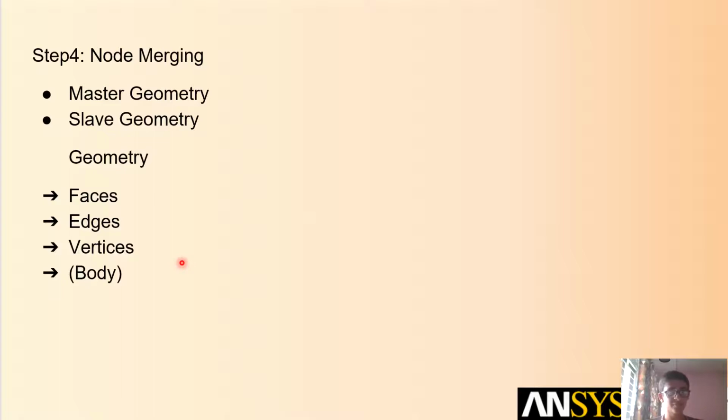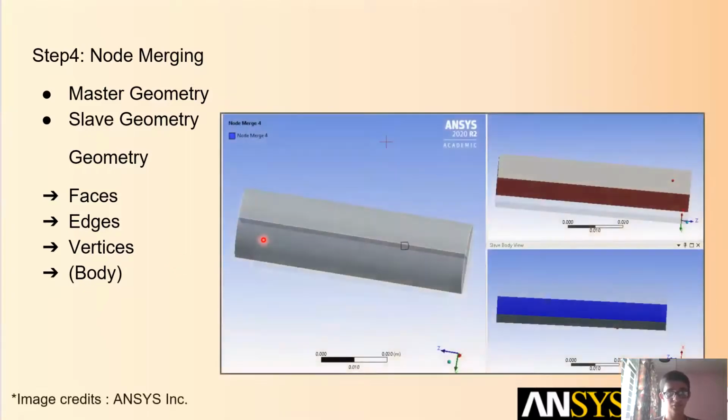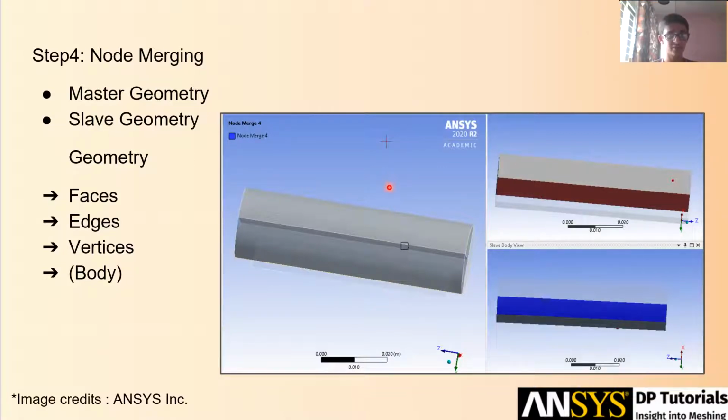Otherwise, what would happen is, if there are different separate nodes for the first body or first surface and another separate set of nodes for another surface, then there will be another approximation taking place to transfer my results from this face to the other face, and that approximation will be ignored, or it is not required when we have node merge. So this is the general interface, and we'll now go into the details of how it looks in ANSYS. So let's start and go to ANSYS Workbench.